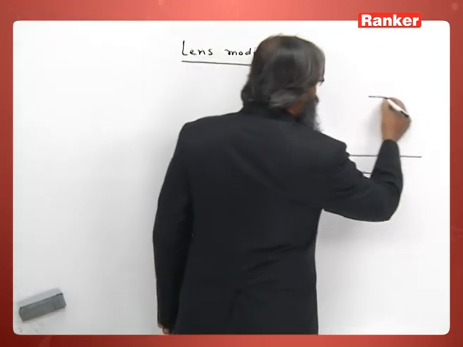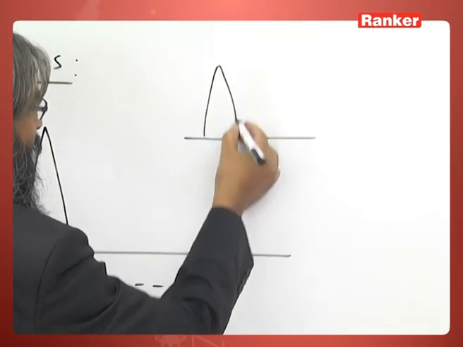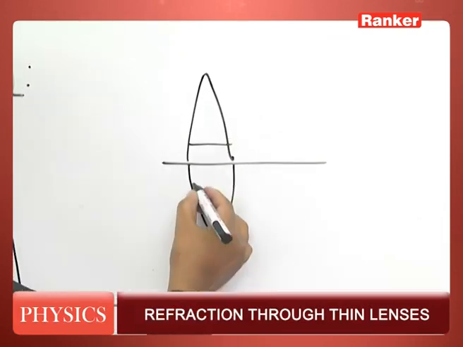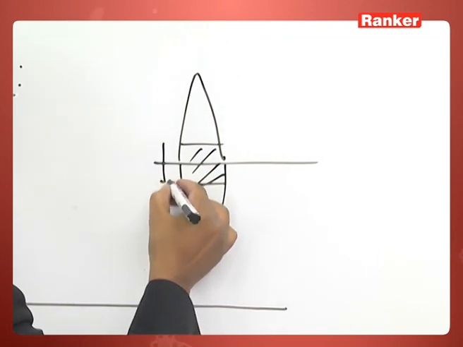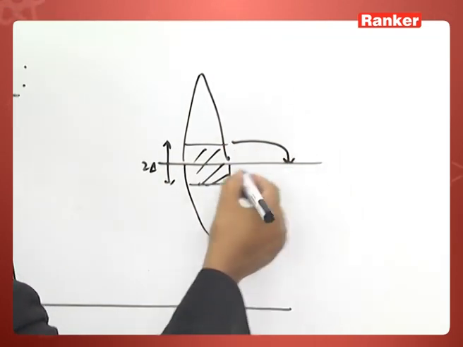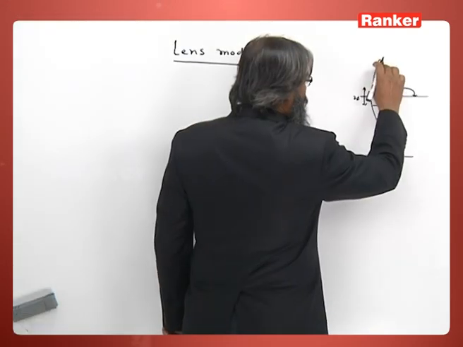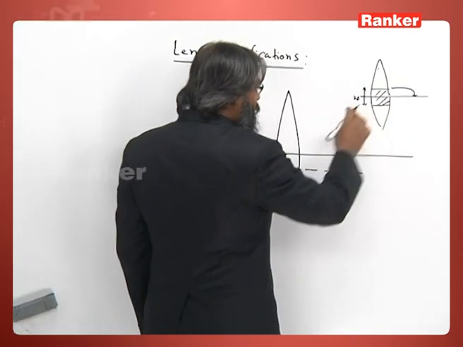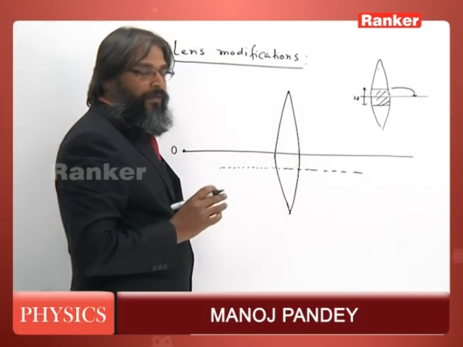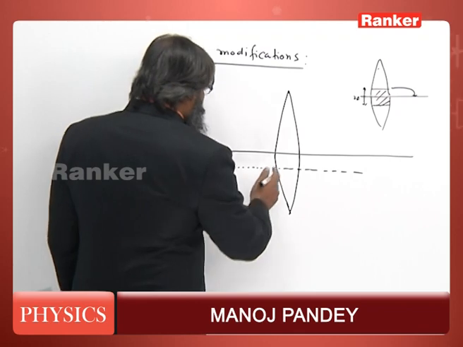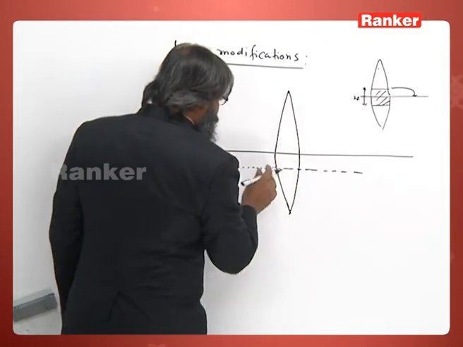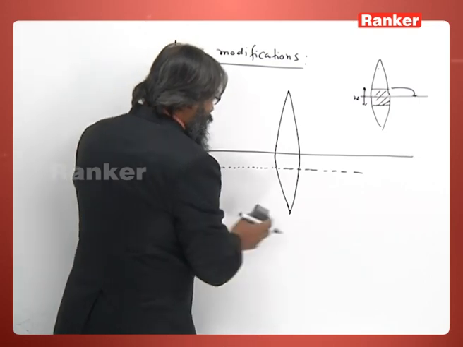You recall we have initially cut out this portion, we have cut out this by 2 delta. That means I have brought this point here. That means when this portion is lowered, then its optical axis is also lowered. So, this is lowered by delta. So, you just imagine, suppose I remove this lower half